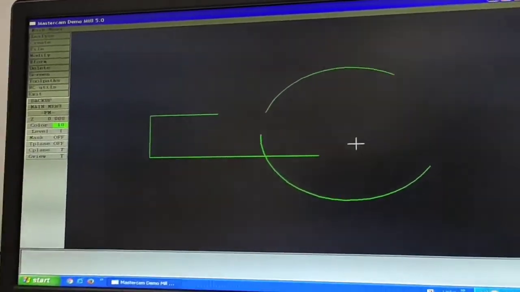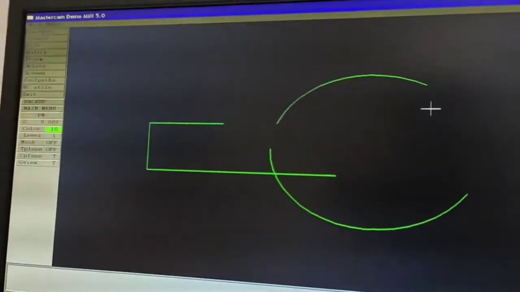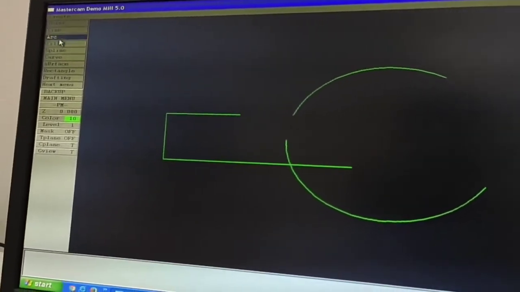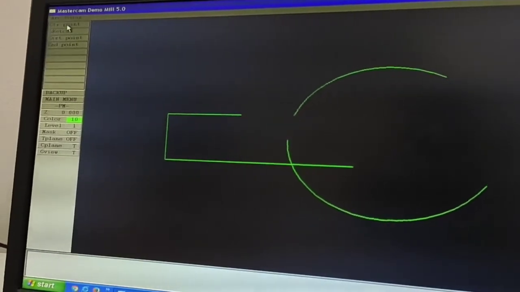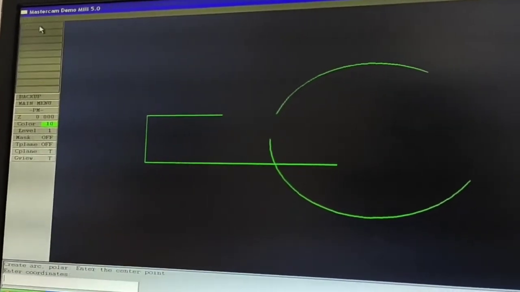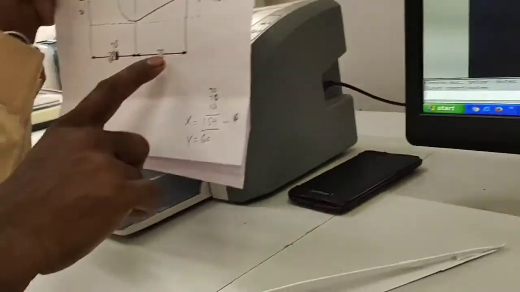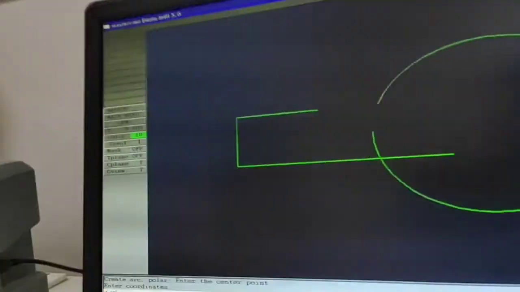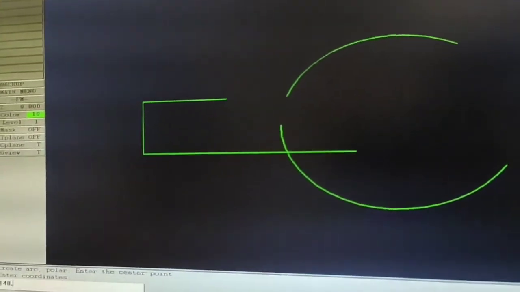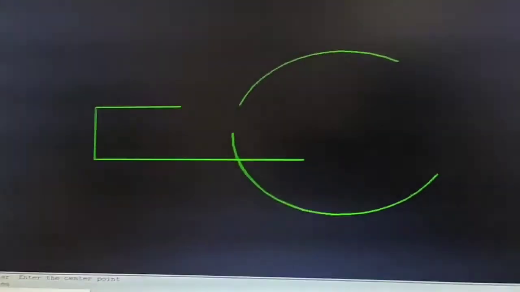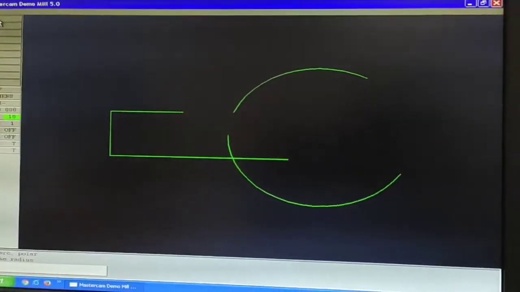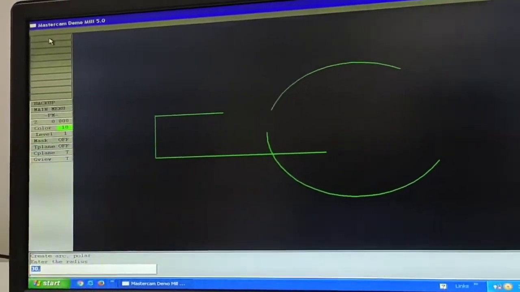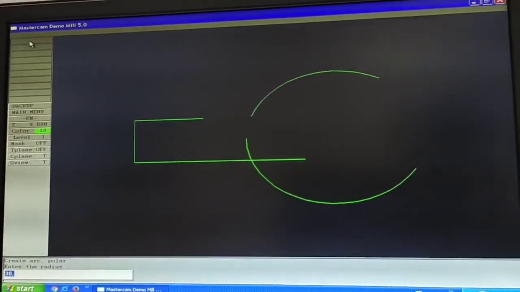So now we go to drop another arc: main menu, create, arc, polar, center point. What is the center point? 70 plus 70, 140, comma 30. Enter the radius. What is the radius? 14.